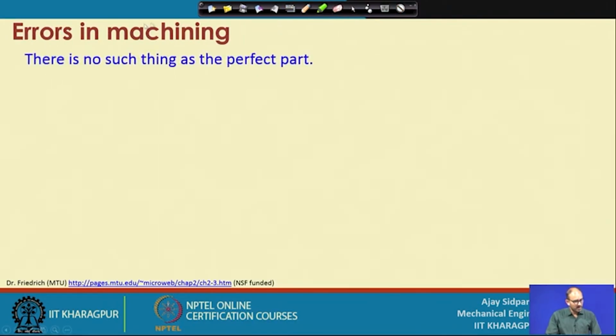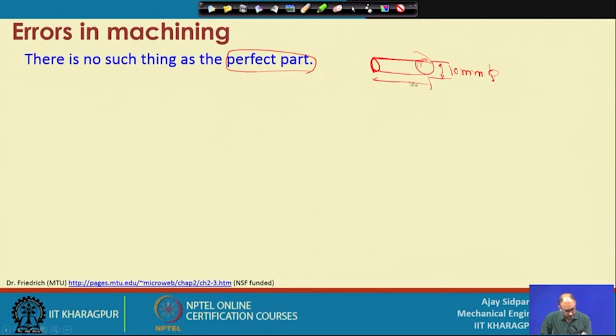So, now what are the errors in machining? Because we know that there is no such thing as a perfect part. What is the perfect part? Suppose you want a diameter of something like 10 millimeter and a length of 20 millimeter. So, if this is your design or desired dimension,